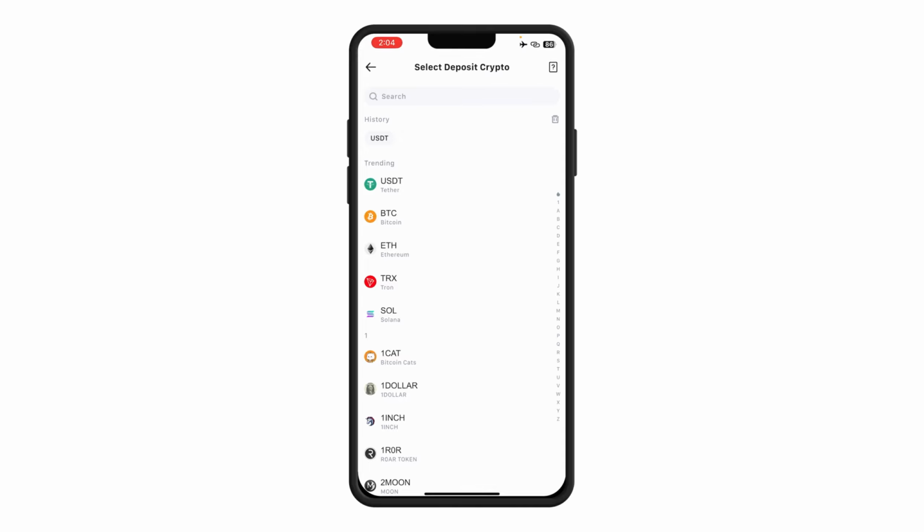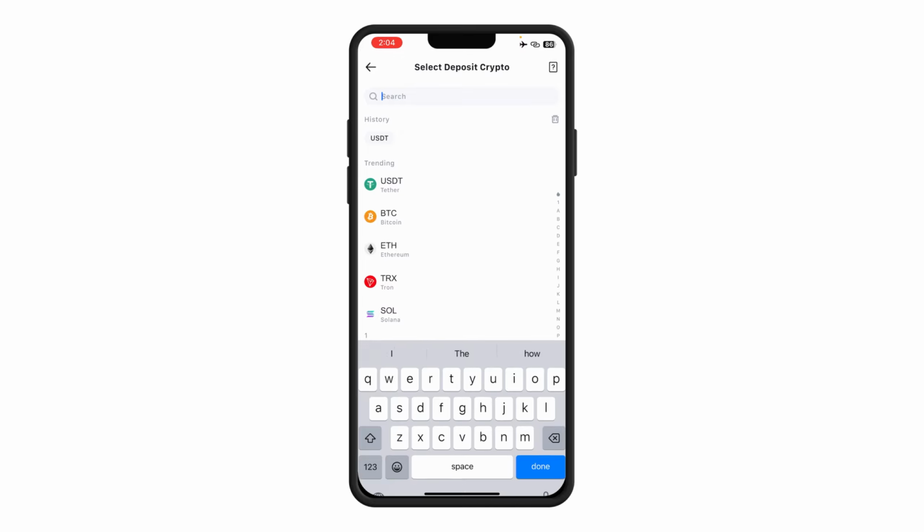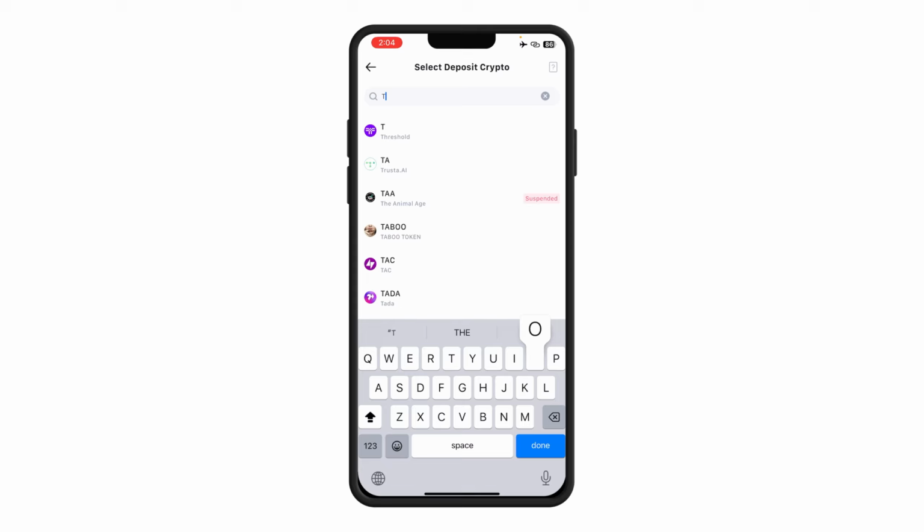So let's say someone wants to send you Bitcoin, I want to use this for example, and you want to receive on Mexc, what you need to do is come on here and click on deposit. You're going to see BTC, or you can just type it. Say I want to search for Tron, type in Tron. So once you click on it now,